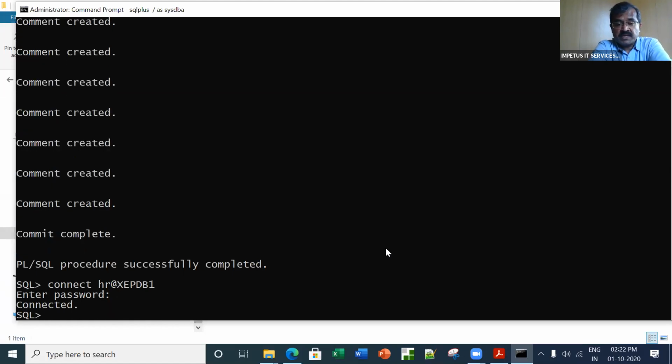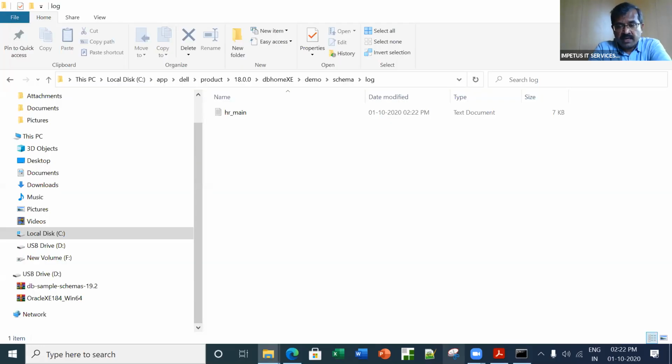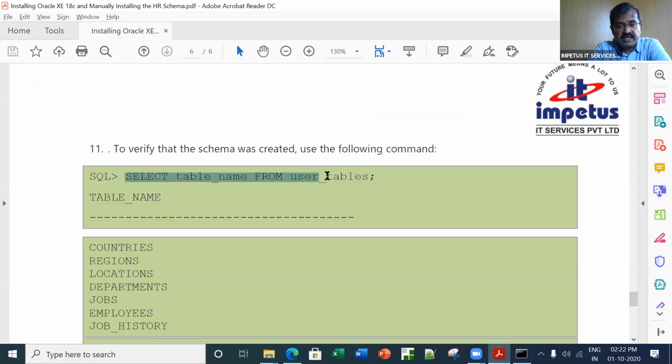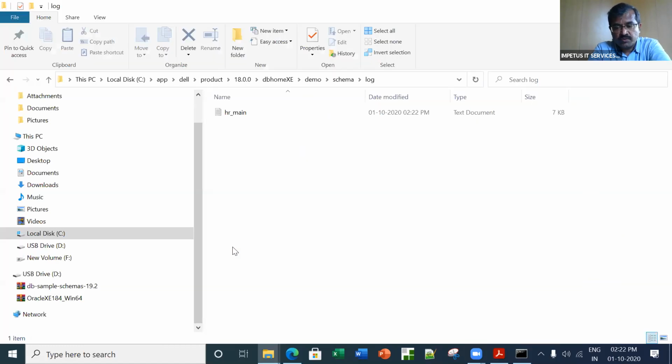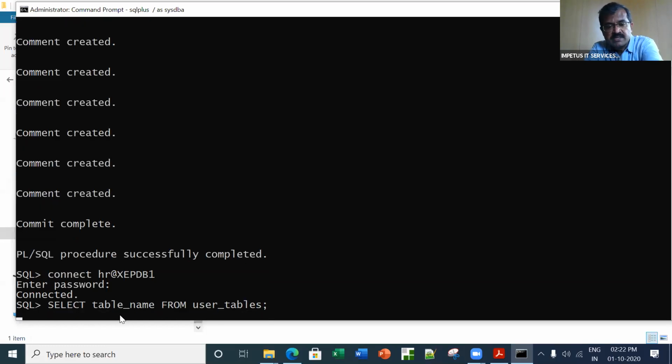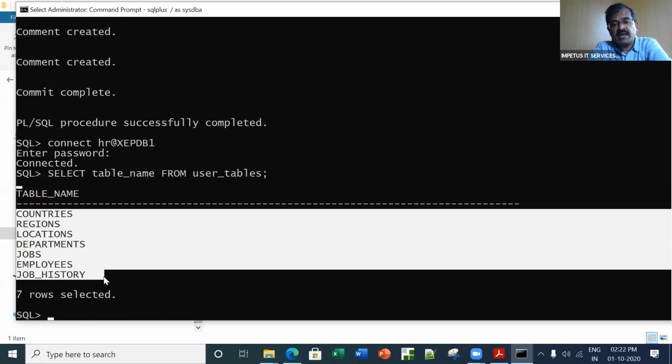Now that you have typed in password as HR, to check whether all the HR schema tables have been installed or not, you can type a command saying select. I have given it here. From the tabs, you will have to list all the tables. So I can just say select table names from user tables. That's one command. There is an alternate command also that I'll show you. So either I can fire up this command, user tables, and we got these tables that we require for